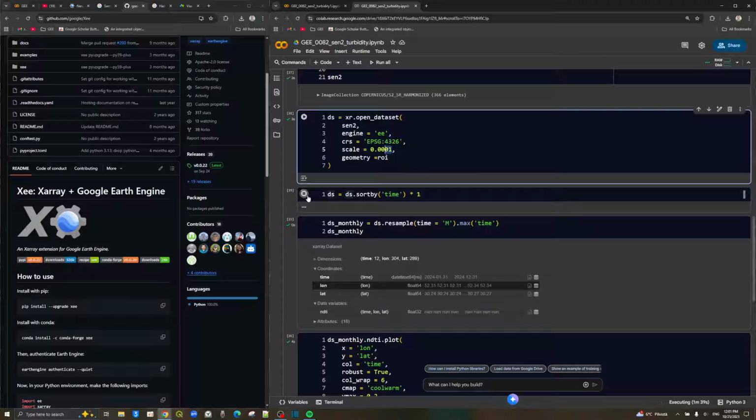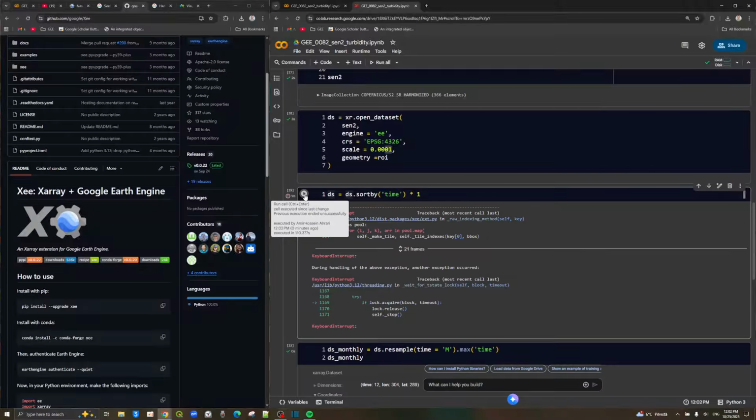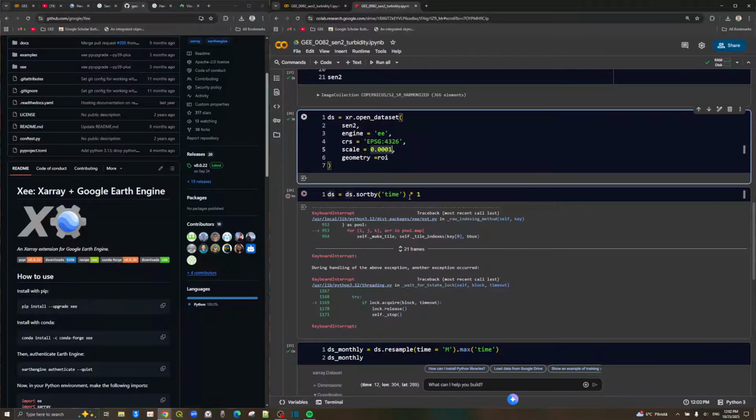For example, here you can see it's taking too much time, and I can actually stop the process here and go back and do some modifications. For example, now I'm going back and reducing the pixel size to 30 meter. Now we have the 30 meter,